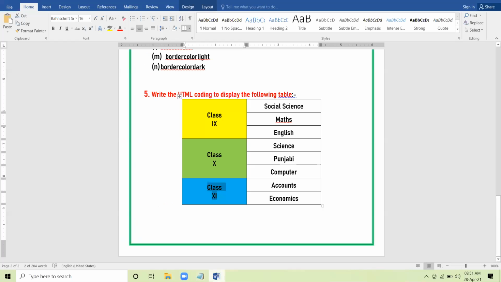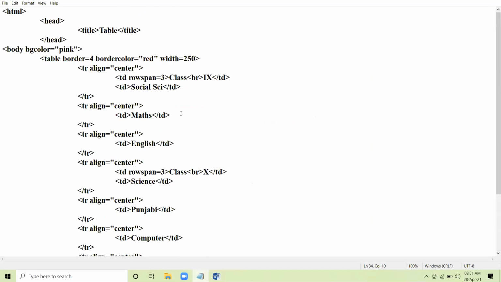But see here carefully, the background of this cell, wherever we have applied row span, the background color is changed, right? Yellow, green, and blue. So we write here, not here, in the first cell. In the cell where row span is there you write BG color.